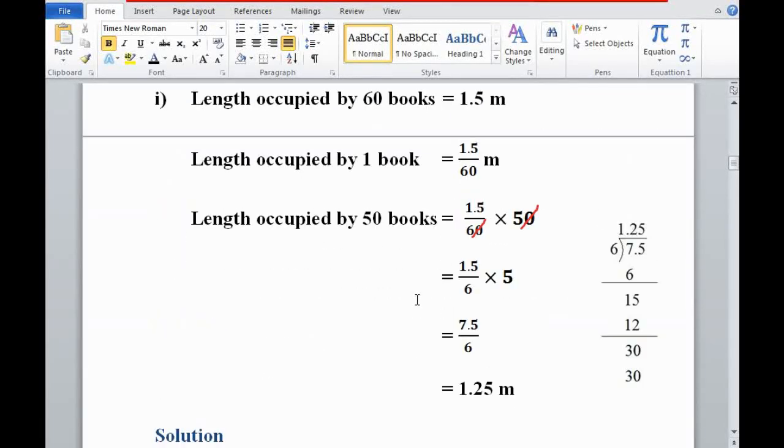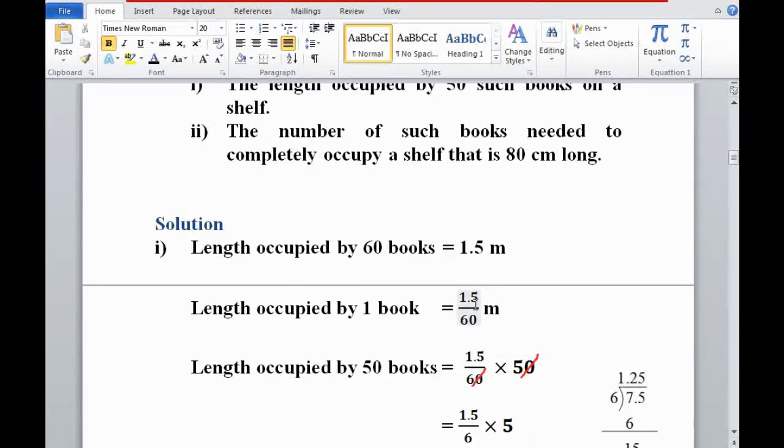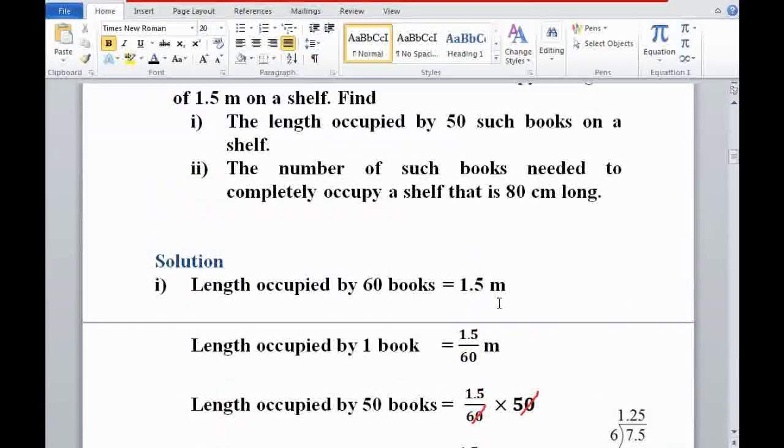To solve this question, first of all, let's compare the length of a shelf in first part of the question and in the second part of the question. In the statement of the question, the length of a shelf is 1.5 meters, while in the second part of the question, length of a shelf is 80 centimeters. So we have the difference of meters and centimeters. So first of all, we will convert